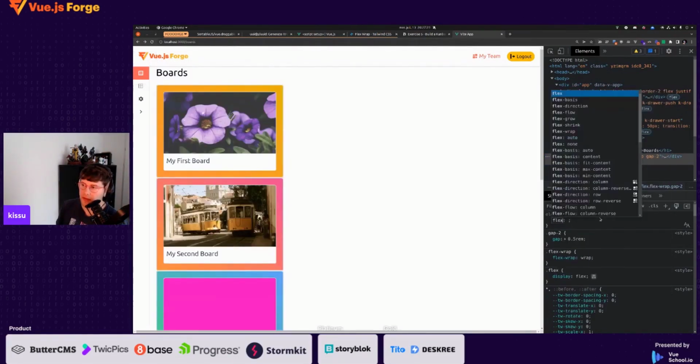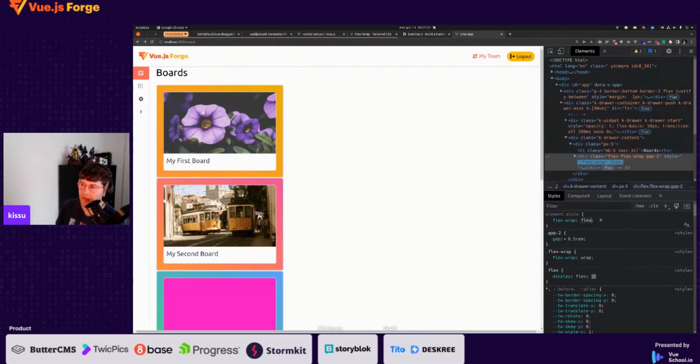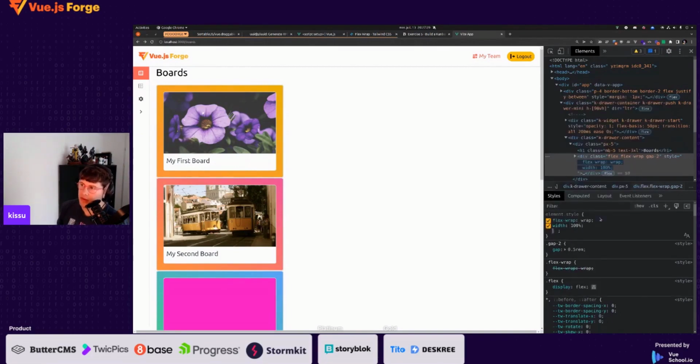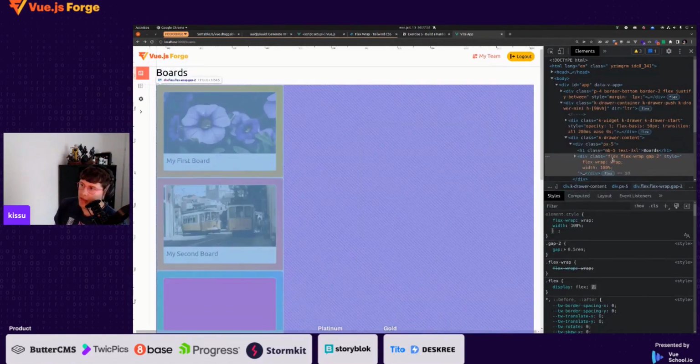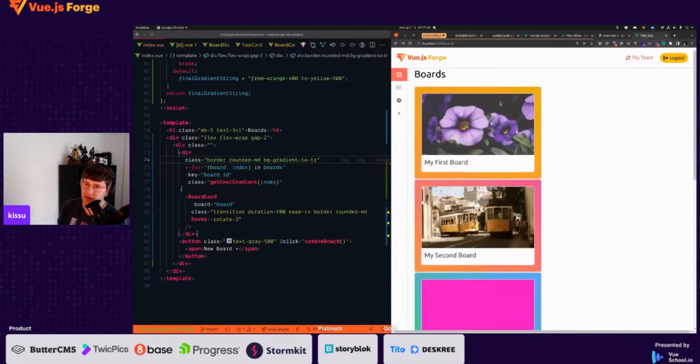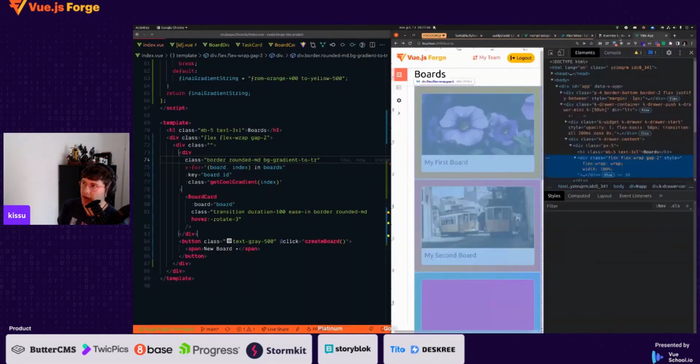Flex wrap and then width 100. And I don't know why this is not working as expected. But yeah, basically the idea here is to say that we have our